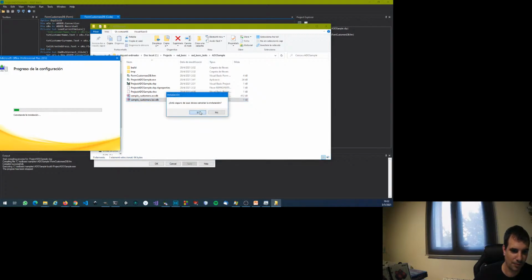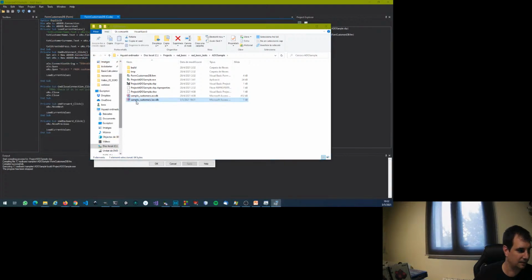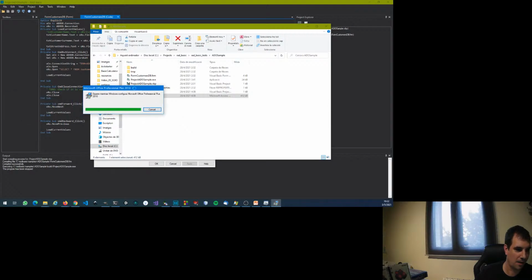Oh my god. I only want to open this Access database. Well, we have some problem here with my Office installation. I see. No problem. No problem. Yes. Maybe we have mixed.